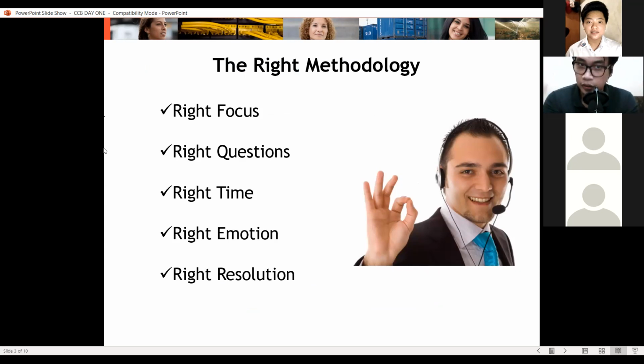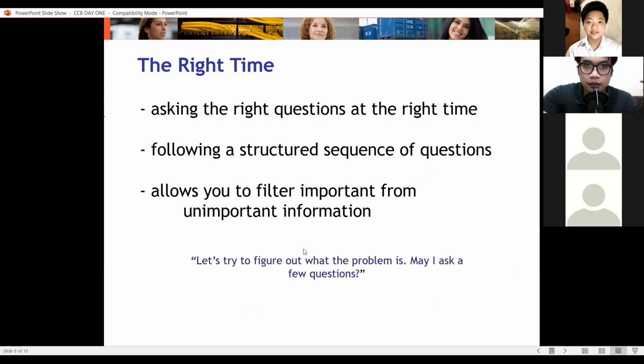So we're done with right focus and right questions. Now let's proceed to right time. Okay. Asking the right questions at the right time, following a structured sequence of questions allows you to filter important information and unimportant information. Let's try to figure out what the problem is. May I ask a few questions? So ito, class,